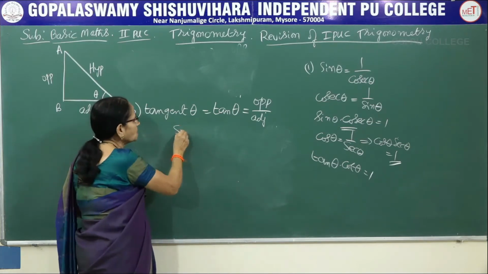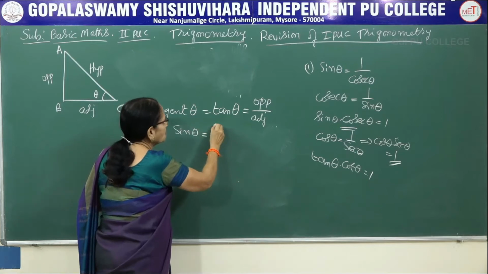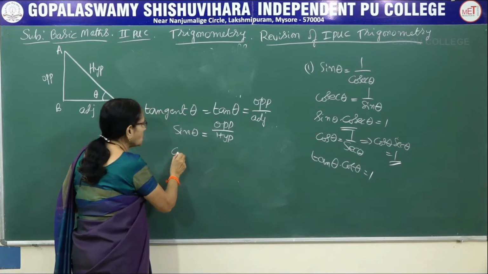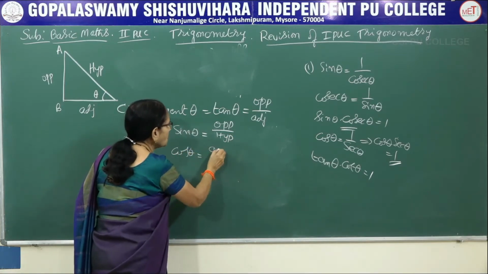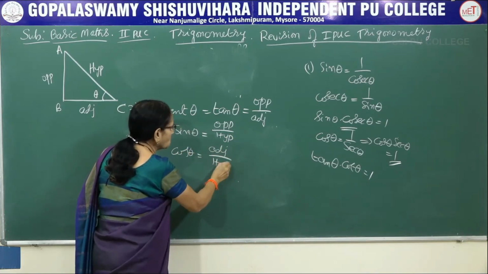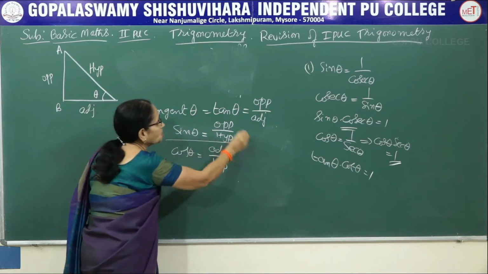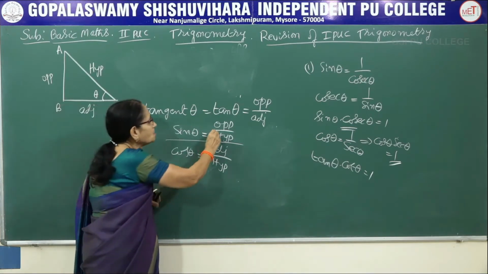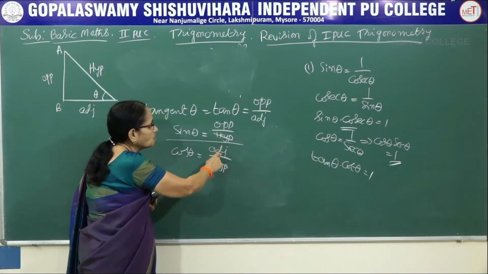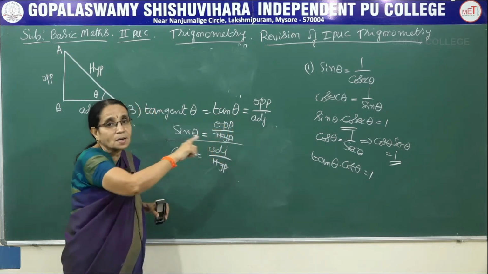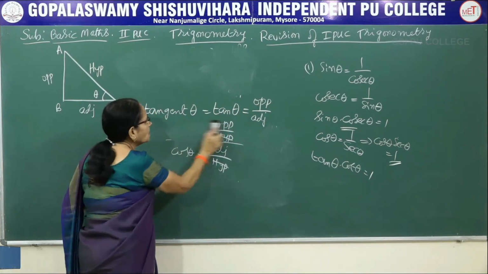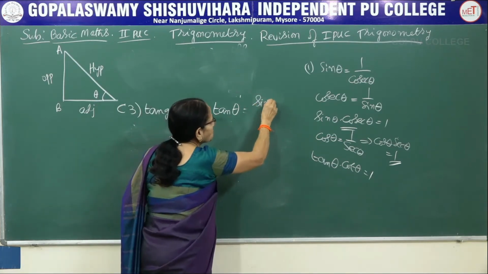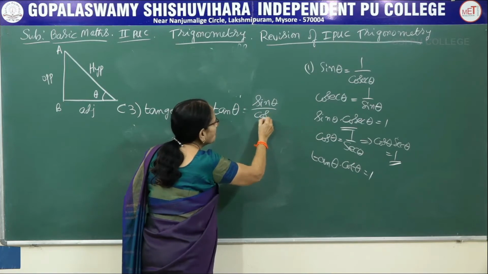And what is the definition of sin theta? Sin theta is opposite over the hypotenuse, correct? And what is cos theta? It is adjacent over the hypotenuse. Suppose you take the ratio of these two, that is, you divide sin theta by cos theta. What happens? The hypotenuse gets cancelled, opposite over adjacent side, which is nothing but tan theta. That means you get one more piece of information, that tan theta can be expressed as sin theta by cos theta.